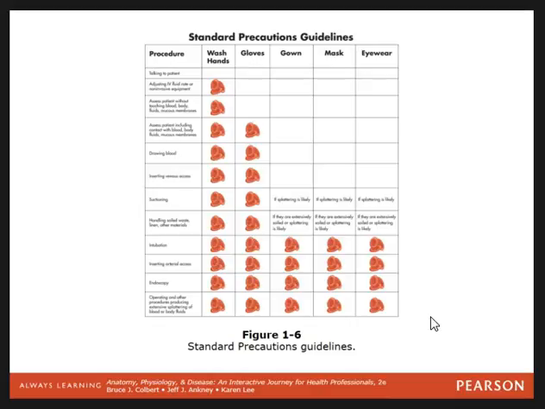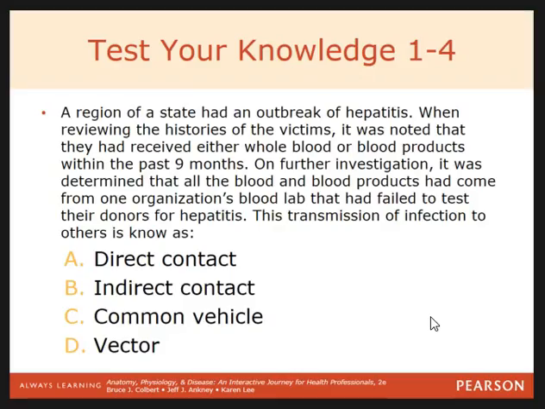Okay, now it's time to test your knowledge. A region of a state had an outbreak of hepatitis. When reviewing the histories of the victims, it was noted that they had received either whole blood or blood products within the last 9 months. On further investigation, it was determined that all the blood and blood products had come from one organization's blood lab that had failed to test their donors for hepatitis. This transmission of infection is known as